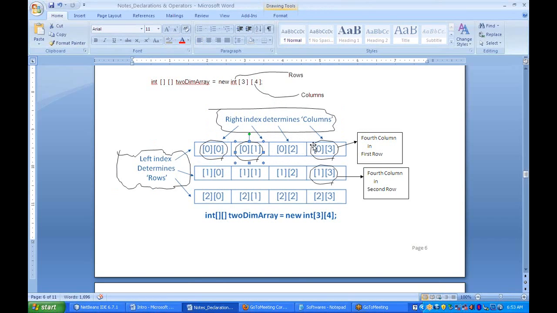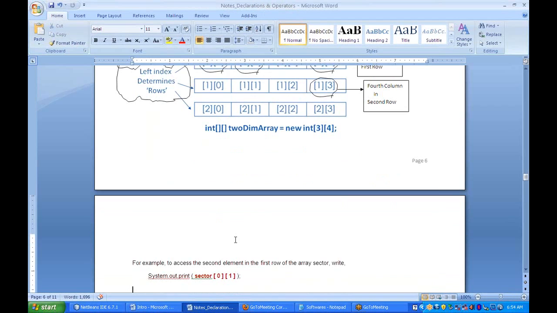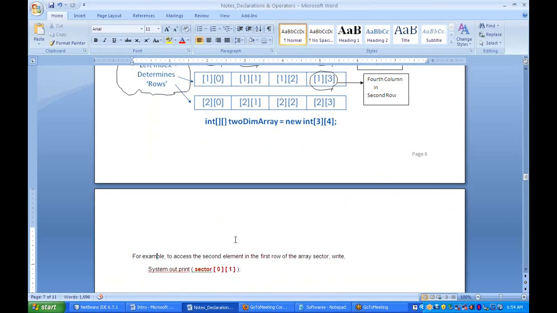The same thing. See this one. The left index is 0 and right index is 3. It means 4th column in the first row. So we have 4 columns in each row. Okay. So you can access an array element. You can access any array element from your array by using index values. You see the example. Suppose if you want to access the second element in the first row of your array,